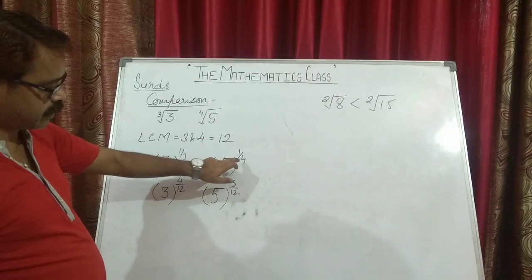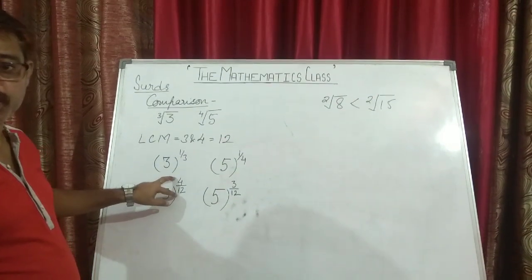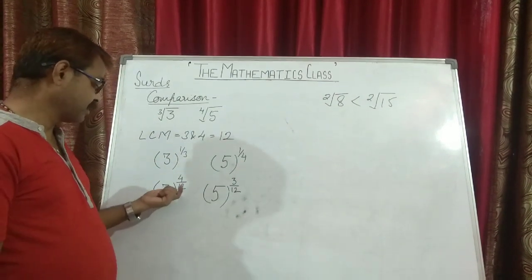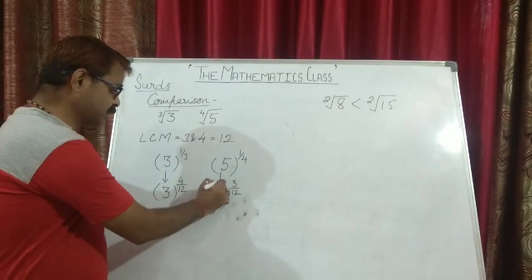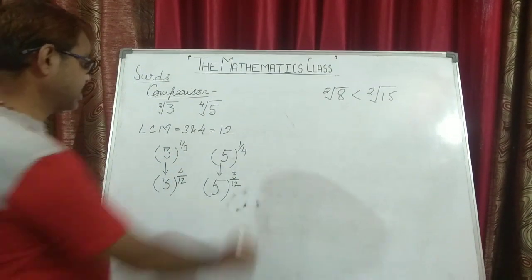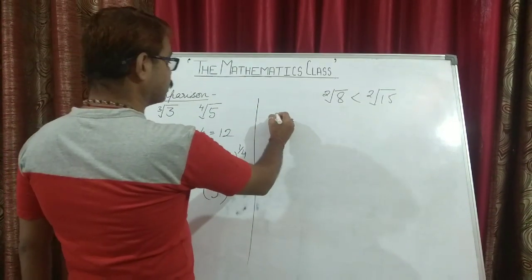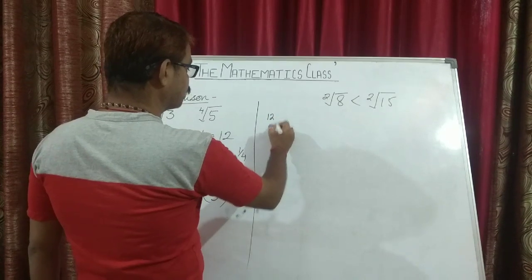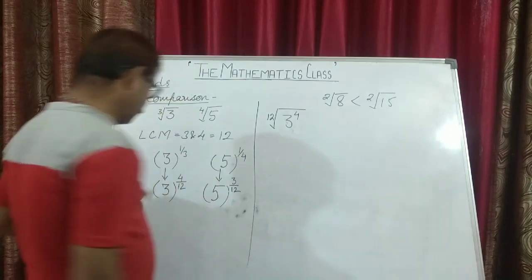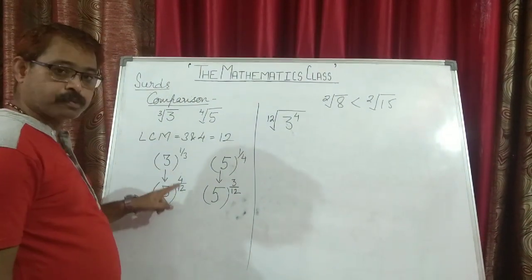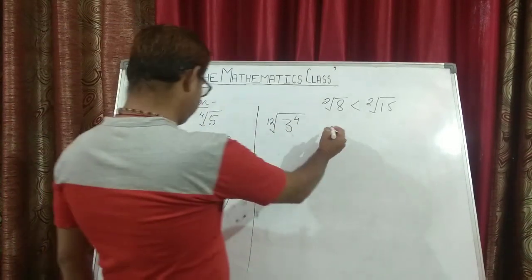It will not change. 1 upon 4 will be 1 upon 4 only, and 1 upon 3 will be 4 upon 12. But the question is that this initial expression should not change. Here you can see initial expression is not changing. It means we can say that 3 whole power 4 upon 12 can be written as 12th root 3 to the power 4,